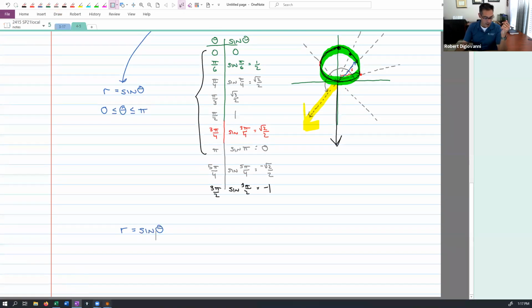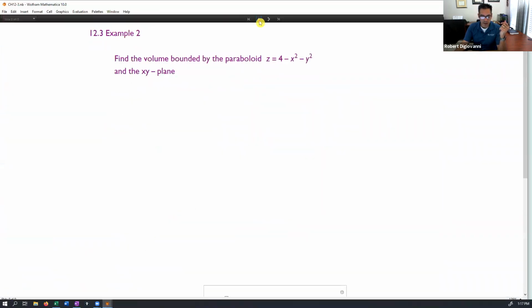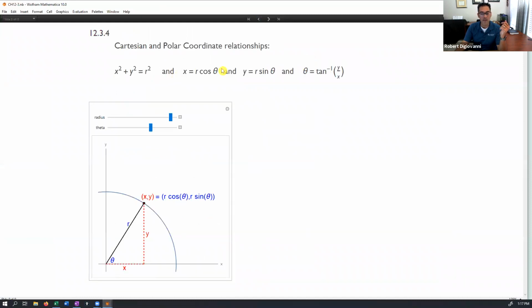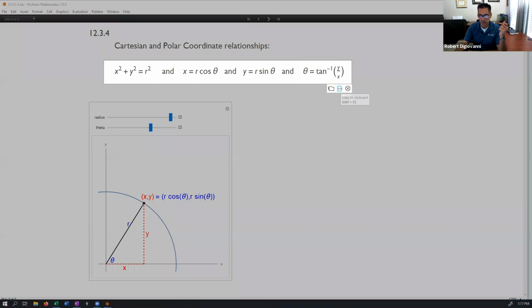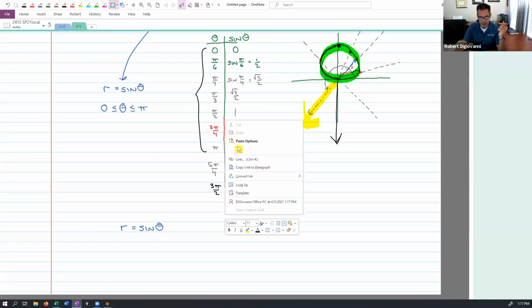So we learned last time that when it comes to polar, we had these conversions from Cartesian. Here they were, right? Our conversions. Let me just grab these. I'll take these over here with us. So if I take this,